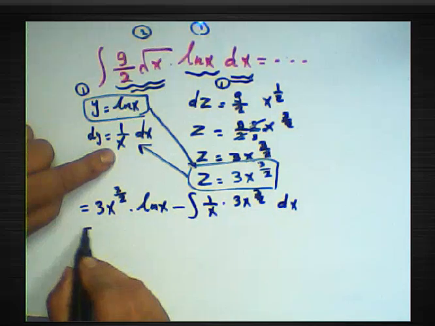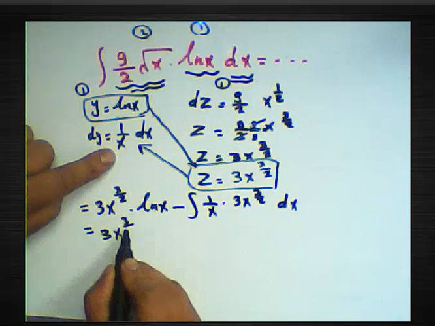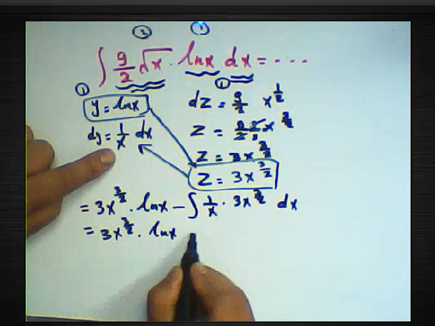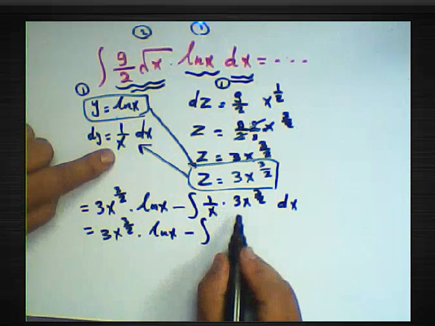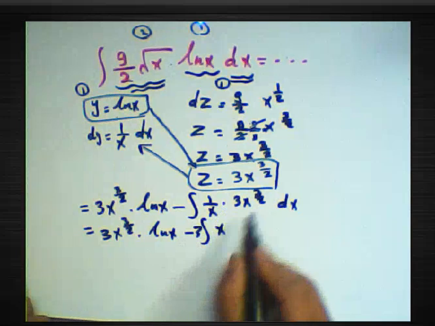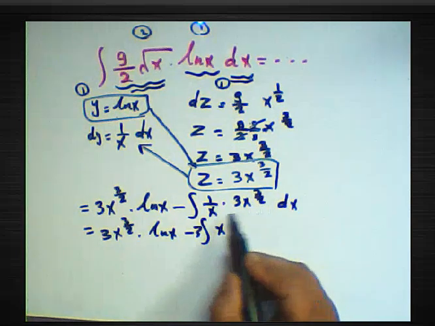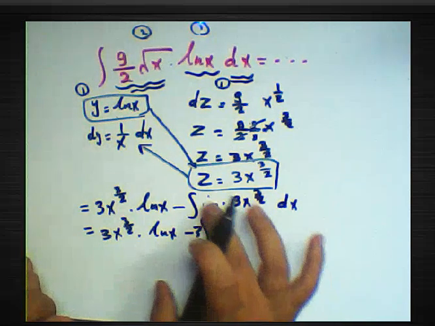We can simplify it: write 3x power 3 over 2 ln of x, subtract the integration of, write 3 outside, and x power 3 over 2 and 1 over x, we can write x power negative 1,